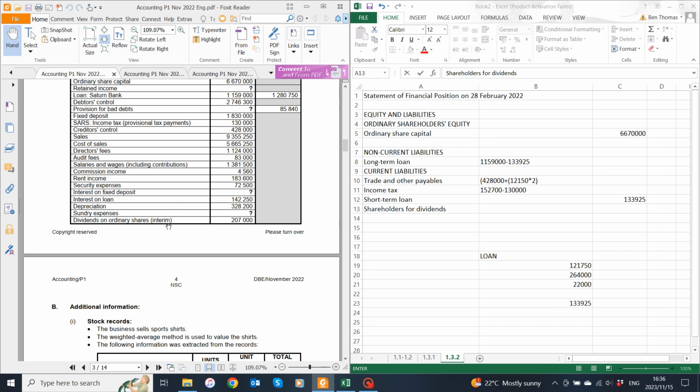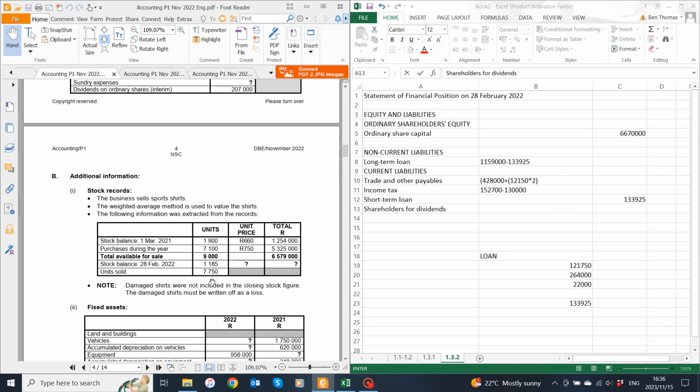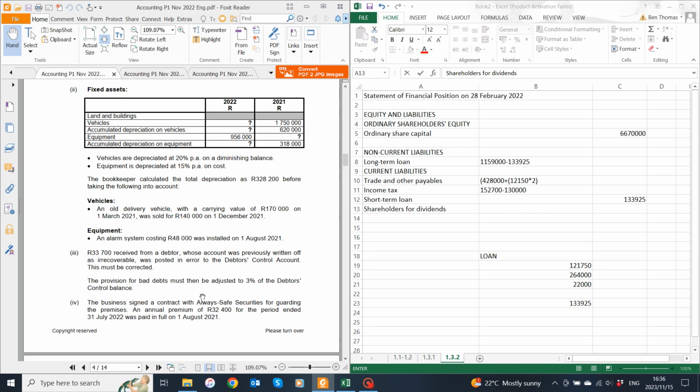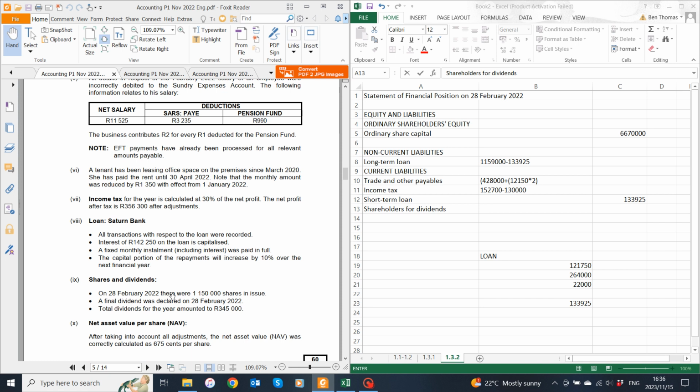Guys, the interim is the one that's paid during the year, and it's always paid automatically, so we don't have to worry about that. However, we need to know what still has to be paid. So they're telling us total dividends for the year is 345. So if we say 345,000 and we subtract the 207,000, we're going to get the shareholders for dividends amount